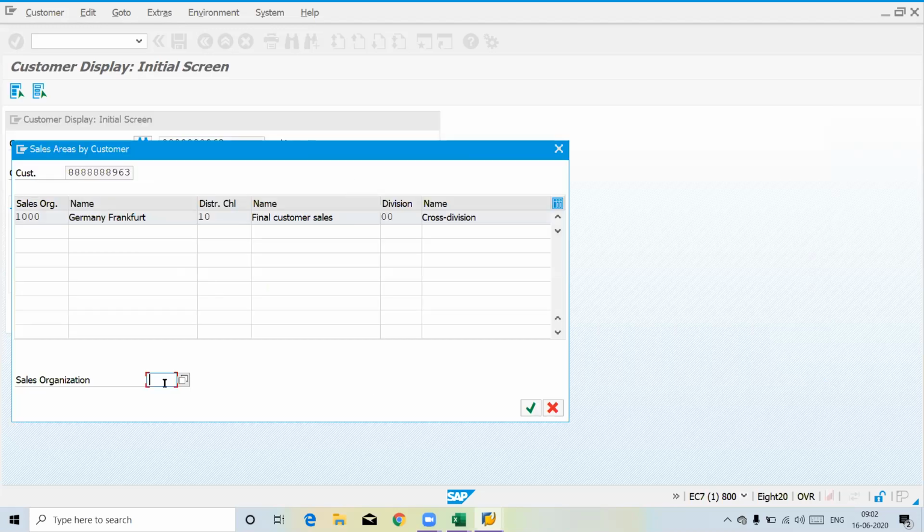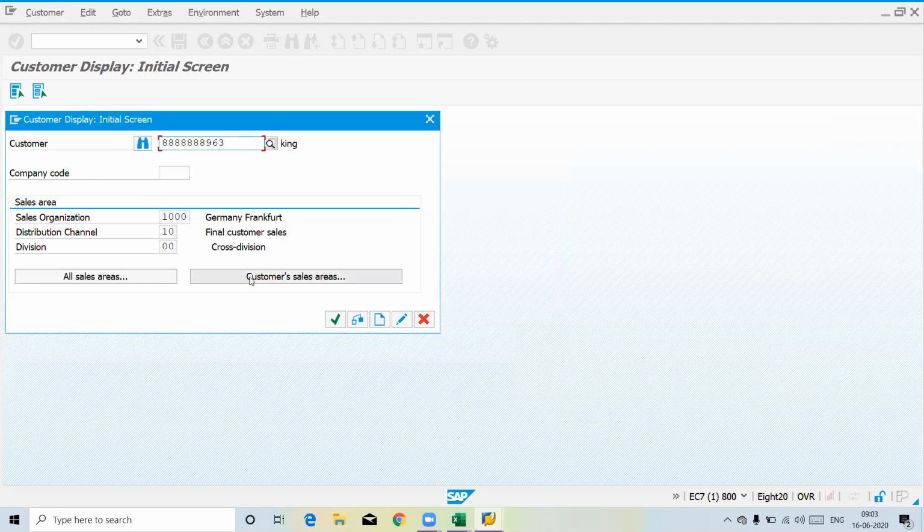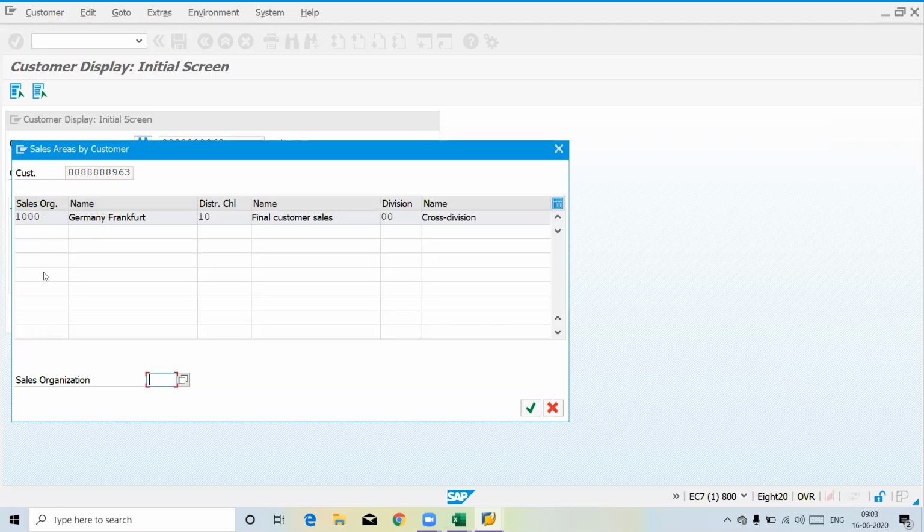You asked how to check which sales area the customer is created for. If you click this button, you can see all sales areas where he got created.